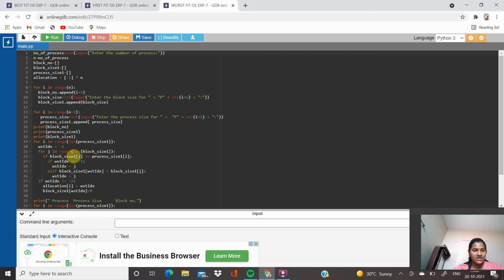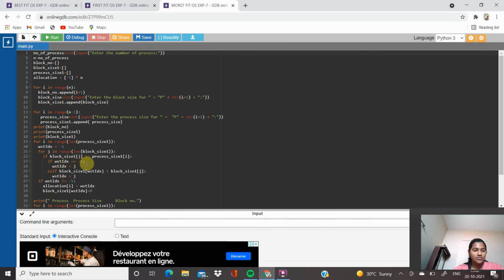For j in range length block size 1, if block size 1 j is greater than or equal to process size 1 I, if waste index equal to minus 1, waste index equal to j, else if block size 1 waste index is less than block size 1 j, waste index equal to j.